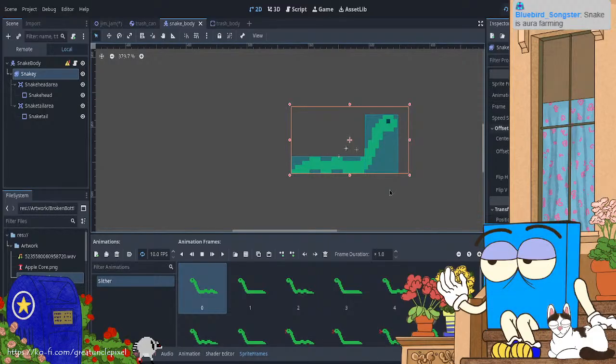Snake is technically an enemy, but it's not. I haven't decided how it's going to play out, but I'm thinking of